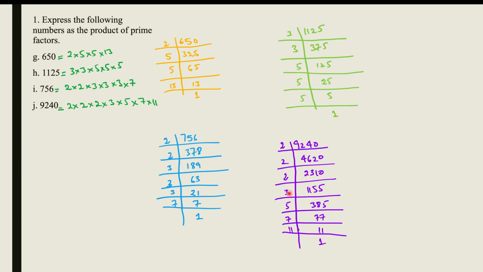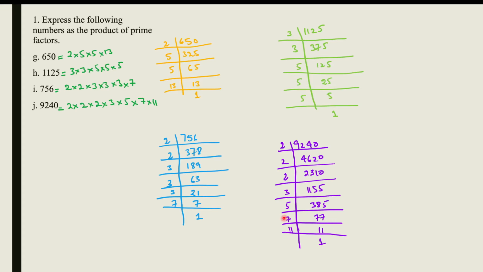So 3 multiplied by 385 is equal to 1155. Then 385 is not divisible by 3, so we switch to the next prime number, which is 5. So 5 multiplied by 77 is equal to 385. Then 77 is not divisible by 5. We switch to the next prime number, which is 7. 7 multiplied by 11 is equal to 77,